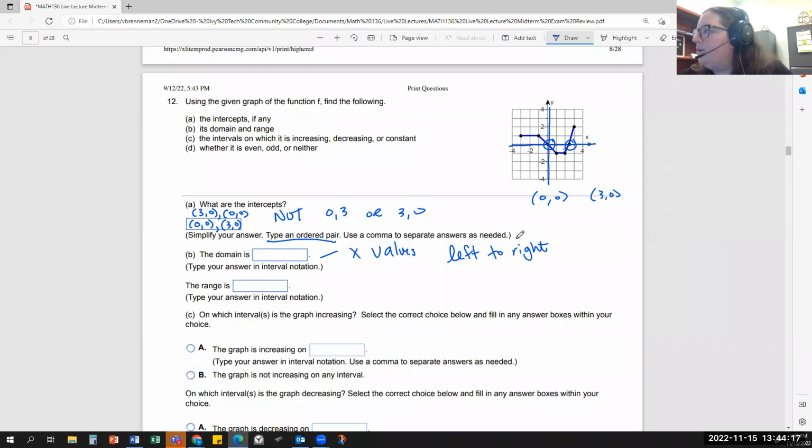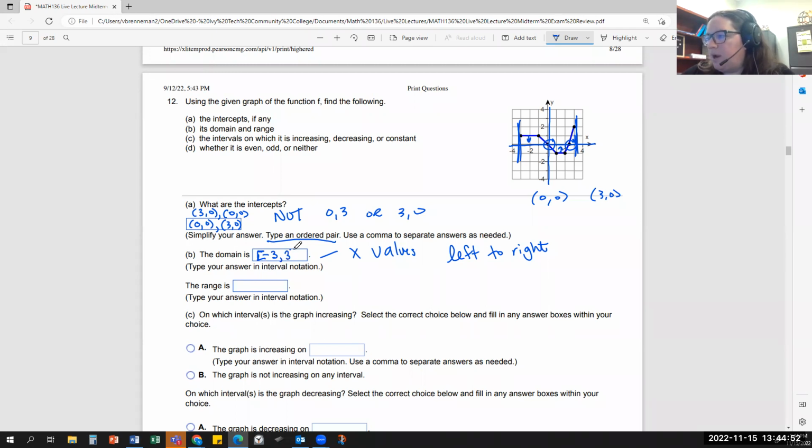So you can think of it as a wall as tight as possible against the graph, or think of collapsing the graph onto the x-axis. What part of the x-axis does it cover? We're going from -3 to +3. Then you look at the endpoints. As long as you don't have an open circle or an arrow, it's going to be square brackets. If there was an open circle or an arrow, you would use parentheses.